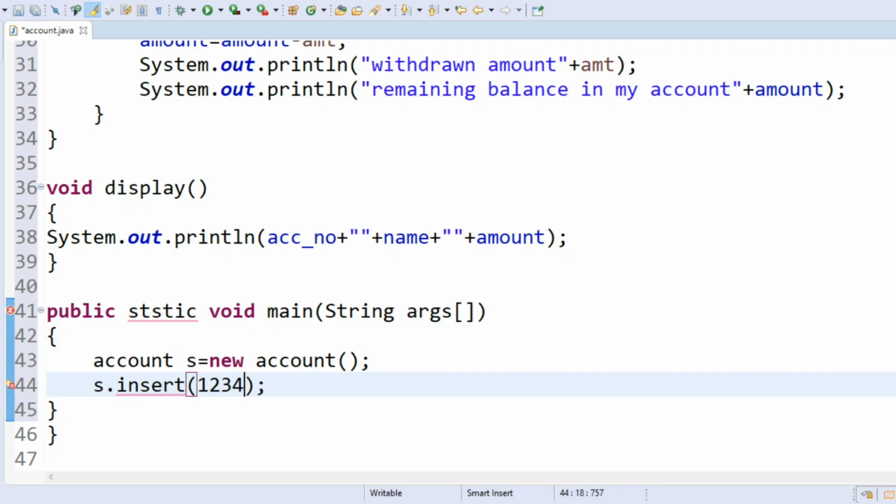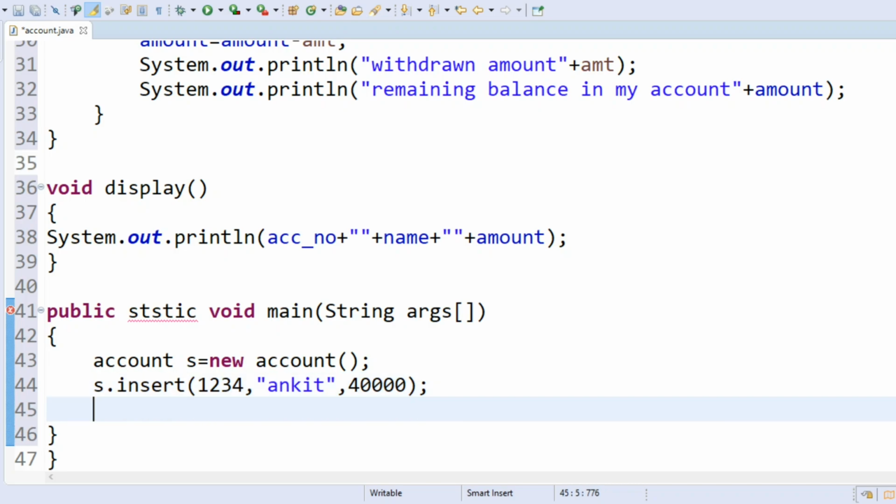So the account number as 1234 and name as Ankit, and his account consists of 40,000 of amount. After that, s dot deposit. How much amount does he want to deposit? He wants to deposit 30,000.